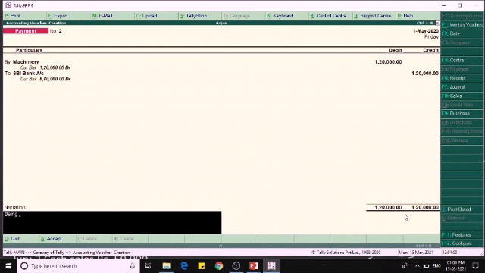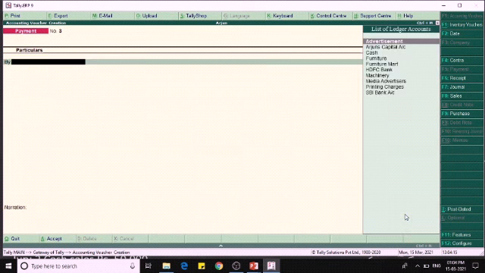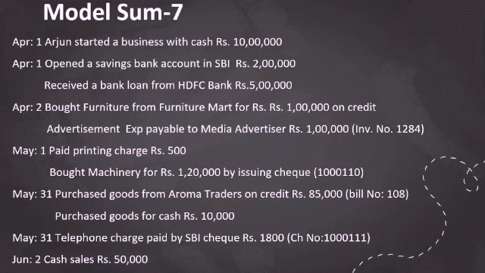Being purchase machinery and issued check to them. Okay, and on the 31st May we purchased goods from Aroma Traders on credit for the